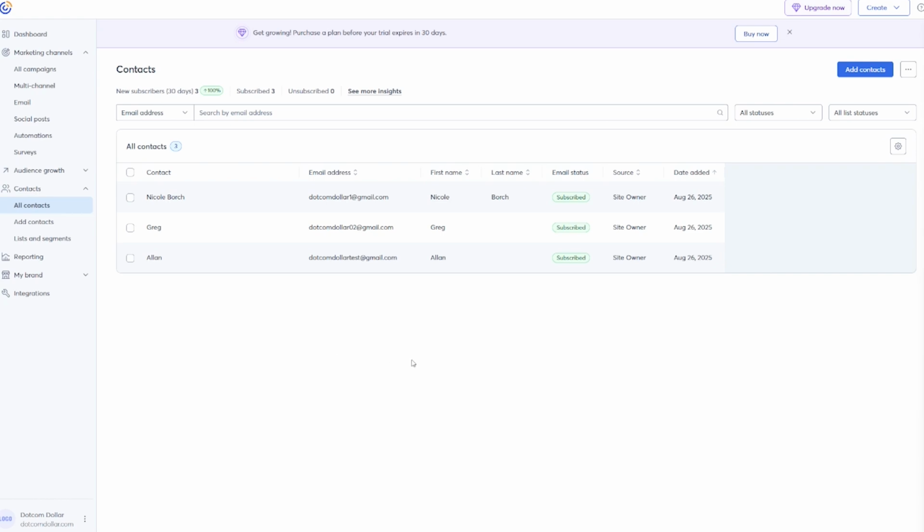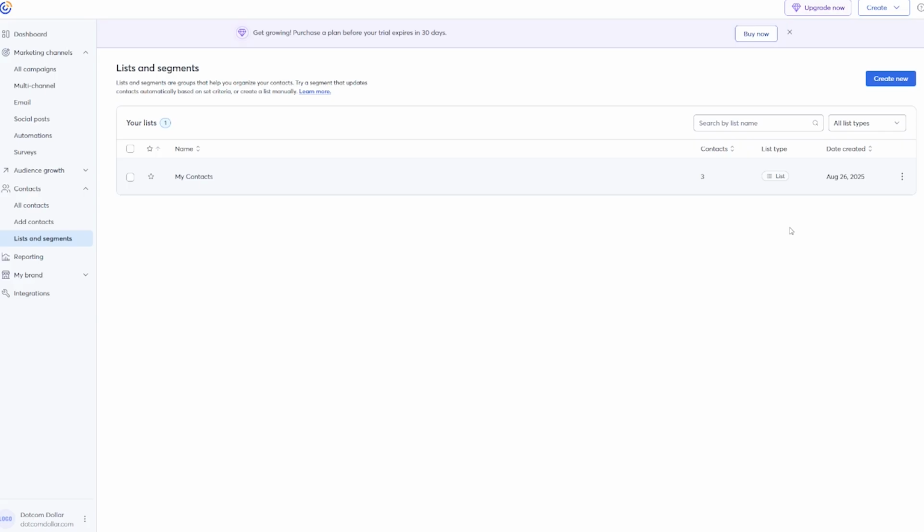One other thing to note within contacts are the list and segment section. In this tab, you can create and separate your contacts based on different criteria. So for example, if I want my list to be segmented out where contacts from the US are separated into